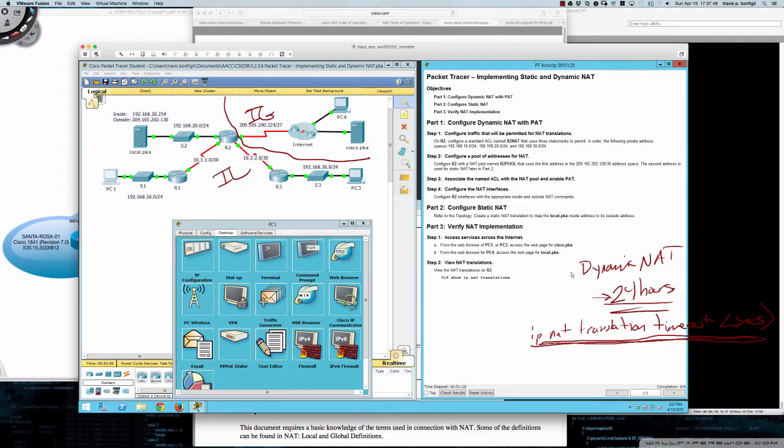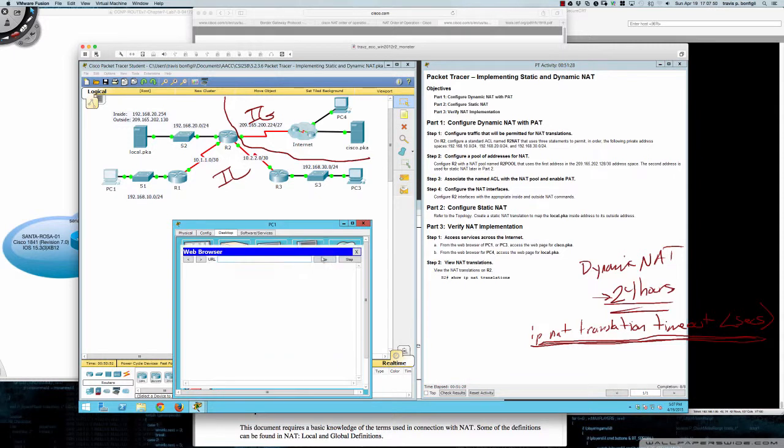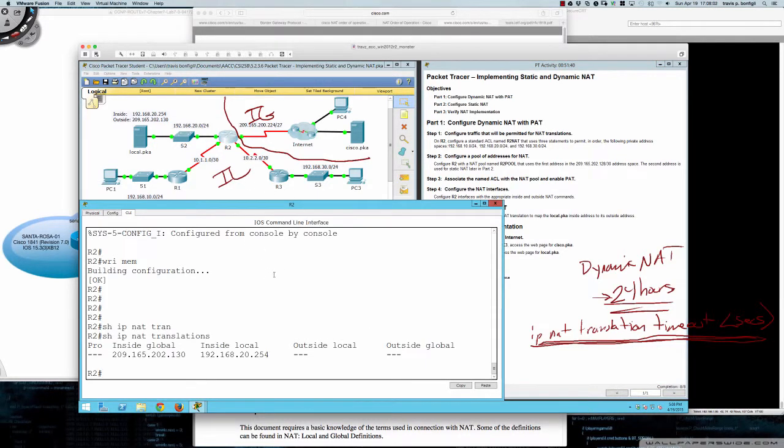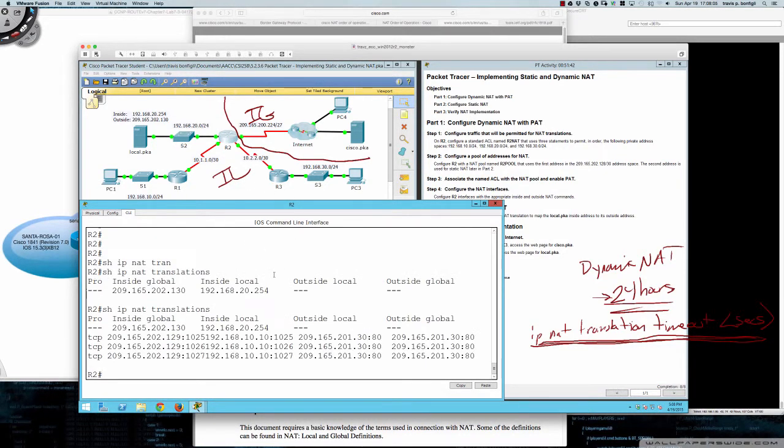So we're supposed to be doing the web browser of PC1. So let's pull that up. We're going to go to Cisco.pka, I believe is what it's asking. And I'll click go, and there we go. Cisco.pka, welcome to the web page. Now, we quickly go to R2 here and type in show IP NAT translations, and I actually hit enter and then hit the go button a couple times, which is why you can now see in